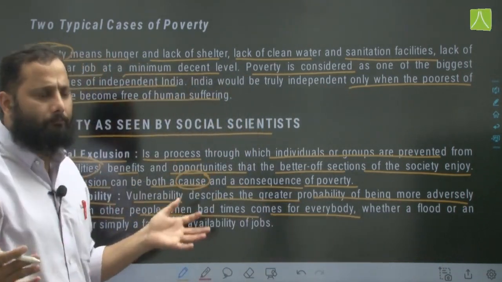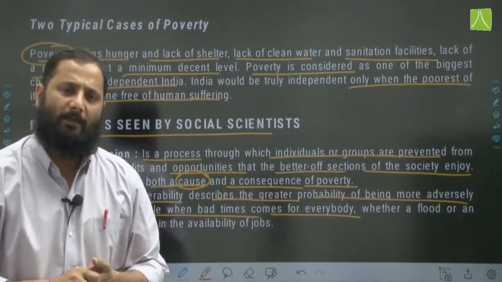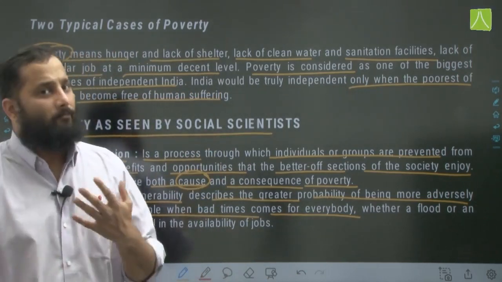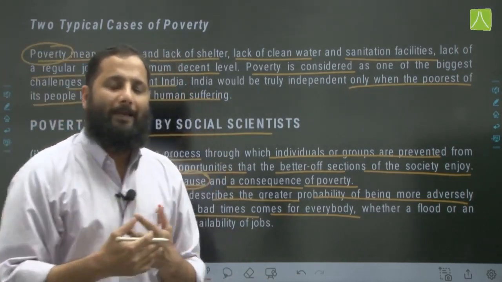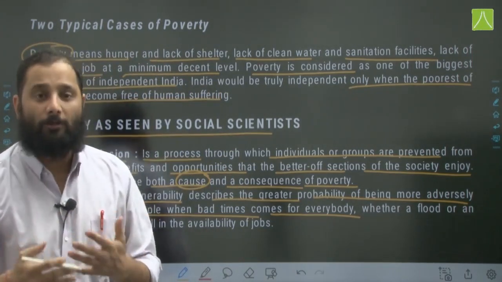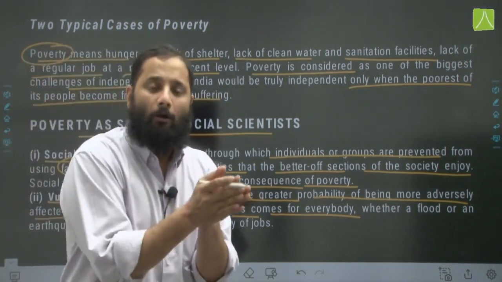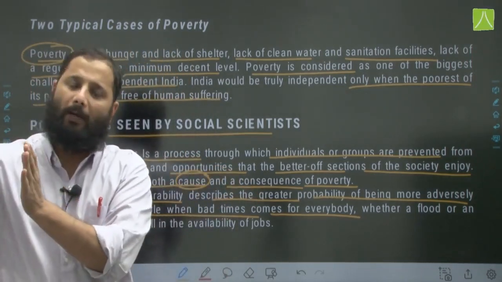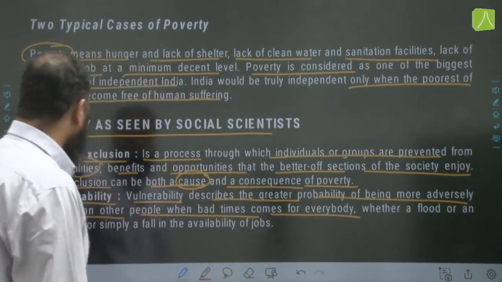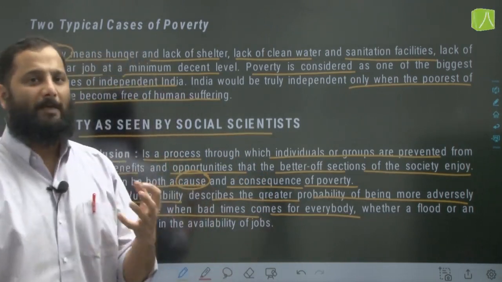Suppose probably an earthquake hits a region, okay, some certain city. So first of all, probably the authorities will be going and saving the lives of people who are either from the rich households or better off. Then probably the services will reach the poorest people at the last. So that is what reflects as vulnerability, कि जब ऐसी कोई कैलामिटी आती है, स्ट्राइक करती है, तो सबसे पहले